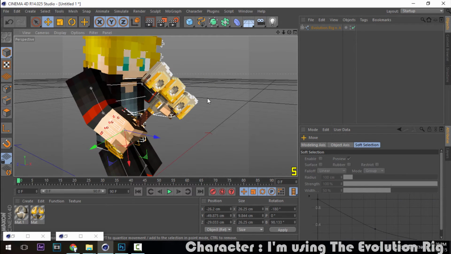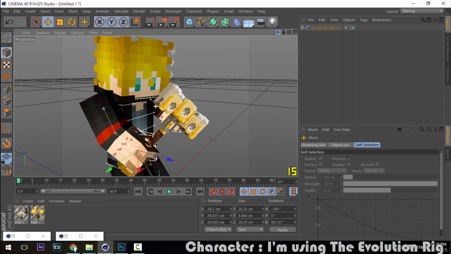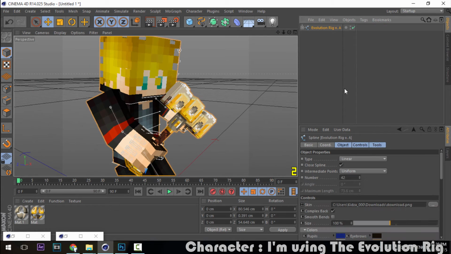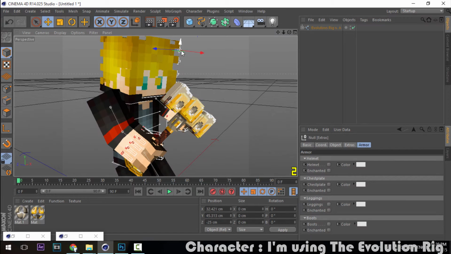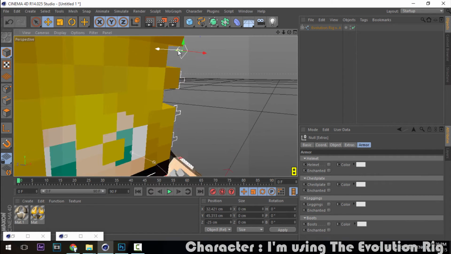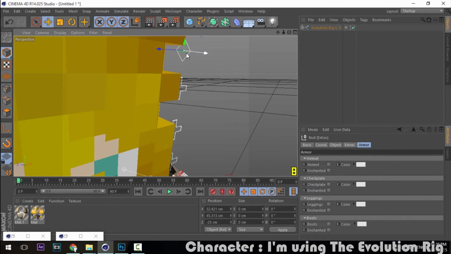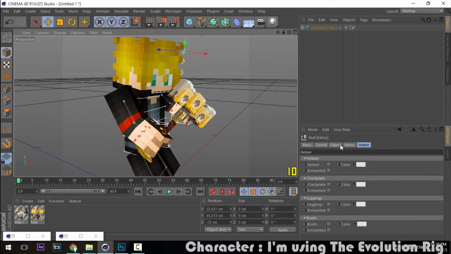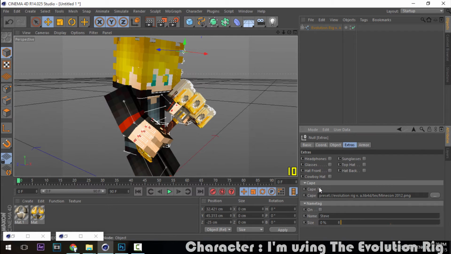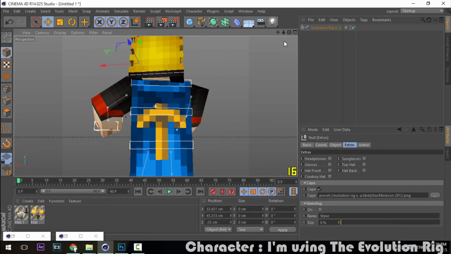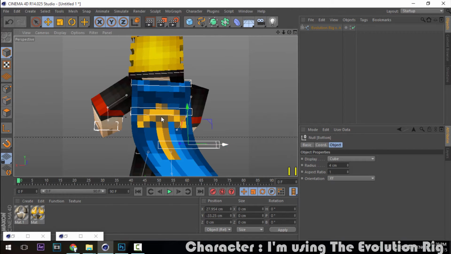Let's just make him okay. Somewhere here is the render, like here. Okay, if you guys want to add a cape onto his skin, you can see this square thingy on his head, just press that, press extras, here's a cape. So I'll just be adding a random cape for the looks. I always like to do this because